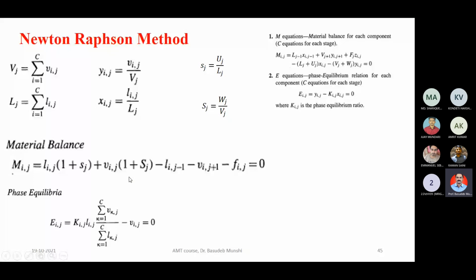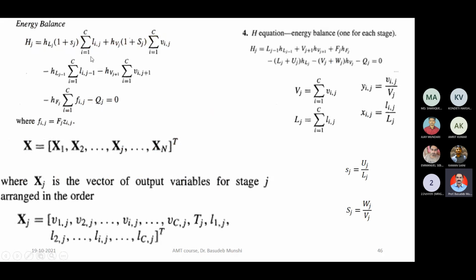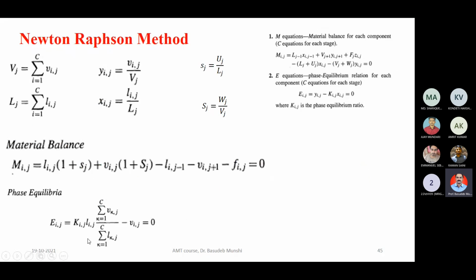Actually all the terms are variables: small sj, capital Sj, everything. Fij is also a variable. But out of all the variables, we specify small sj, we specify capital Sj, and we specify Fij. Then in the equilibrium relation we have the Kij term. For Kij different relations are there, so that we can exclude from the actual number of variables. Actually it varies, but additional relations are there, so that's why we are not considering this. The remaining terms contain all Vij and all Lij terms.